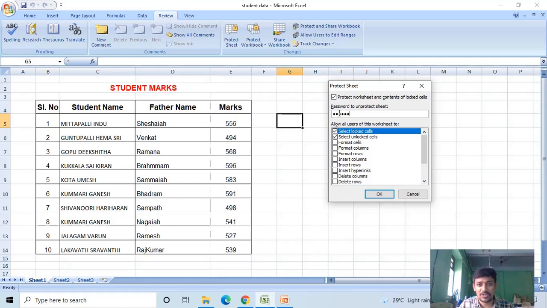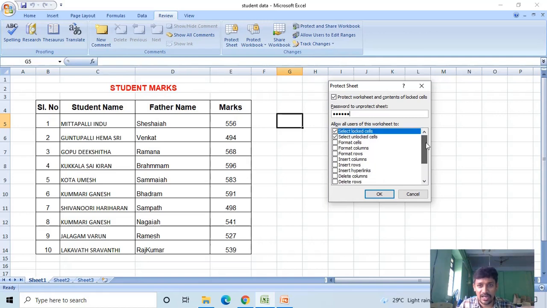After typing the password, here below, allow all users of this worksheet to select locked cells and select unlocked cells, and the remaining options are unchecked: delete columns, delete rows, sort data, format rows, format columns.